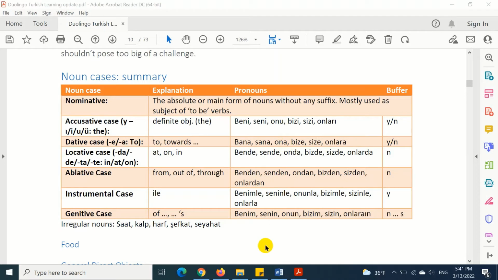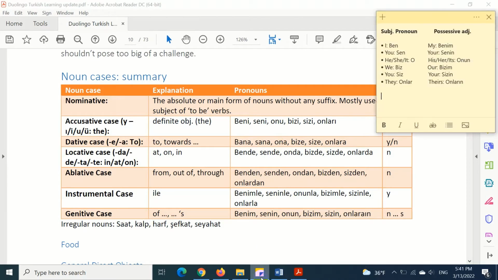Before beginning the new episode, I would like to briefly explain the subject pronouns. As in English we have I, you, he, she, it, we, you, they, they are equivalent in Turkish. I, ben; you, sen; he, she, it, o; we, biz; you, siz; they, onlar. And their equivalent possessive adjectives: my, benim; your, senin; his or her or its, onun; our, bizim; your, sizin; their,